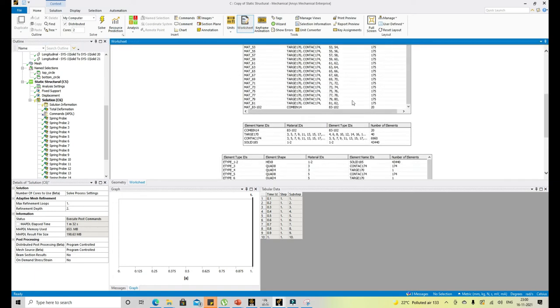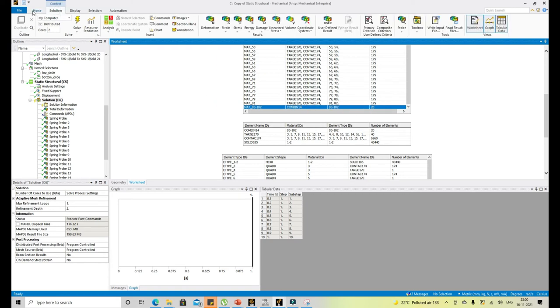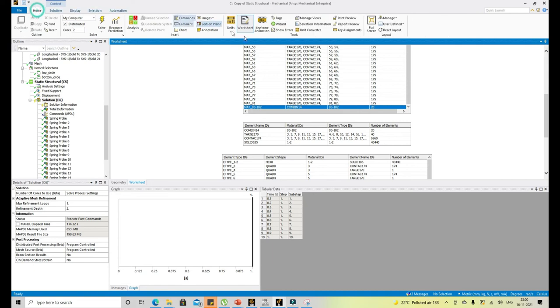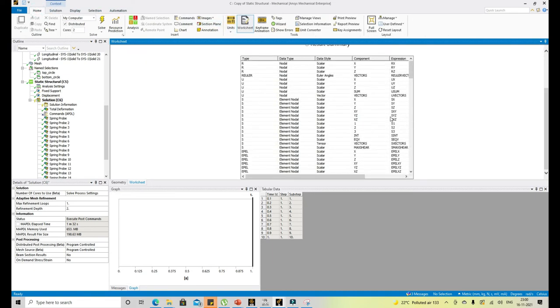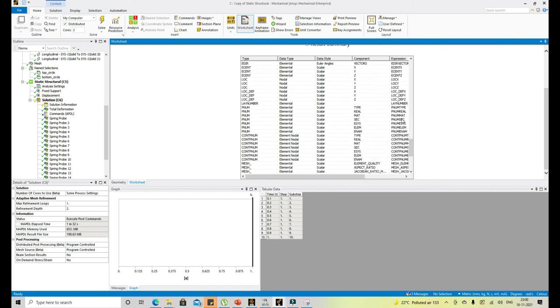For example, suppose I want to know the element numbers that are associated with the combin 14 elements. For that, first thing is that for accessing the element number, I can go to the solution quantities, available solution quantities. And here the star p